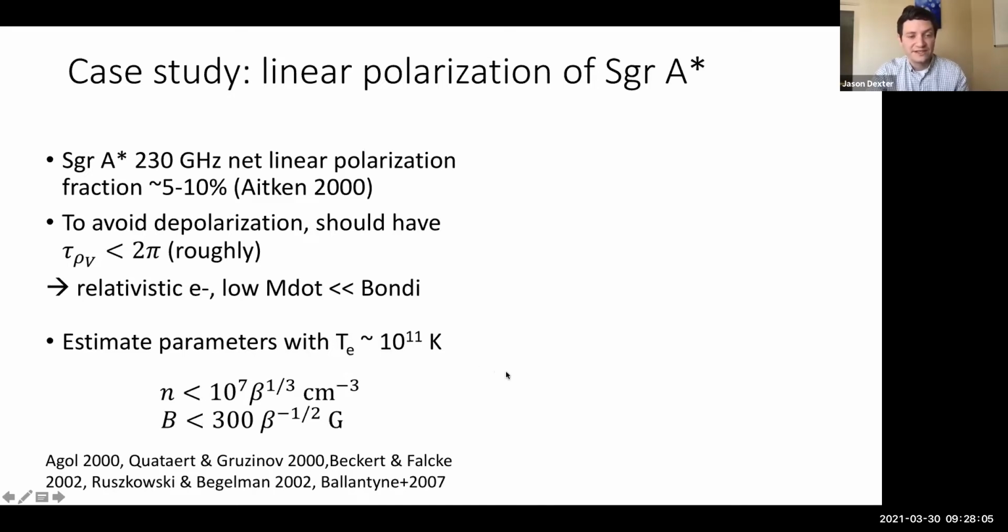So the solutions can actually qualitatively change as you go to very high temperatures. But as long as there are some coldish electrons around, these constraints hold and provide useful constraints. Okay, great. So that was one thing. One takeaway point should be that the Faraday rotation effect for accretion flows is actually very important for low luminosity accretion flows, for say estimating m dot or constraining the parameters of the emission region, say the density or magnetic field strength.